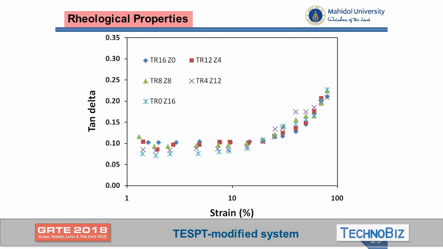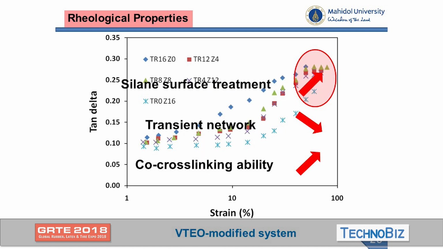And this slide shows the results of the VTEO modified system. The high magnitude of the tan delta tells us about the lower efficiency of coupling with the silica particle compared with the TESPT silane. But